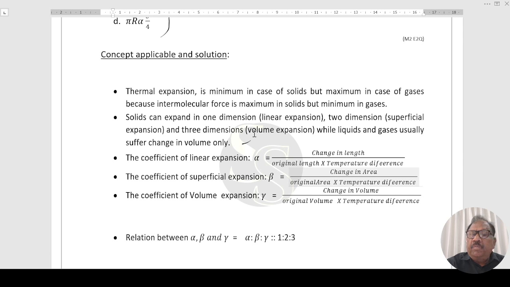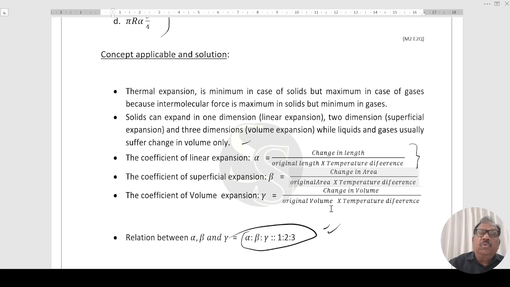Coefficient of linear expansion, denoted alpha, is change in length upon original length into temperature difference. Coefficient of superficial expansion, beta, is change in area divided by original area into temperature difference. And coefficient of volume expansion, gamma, is equal to change in volume upon original volume into temperature difference. The relation between these is